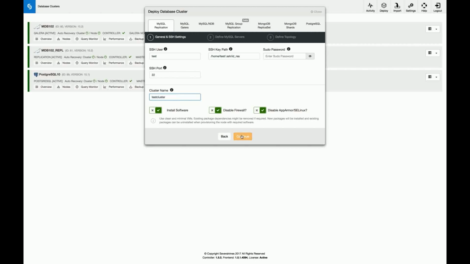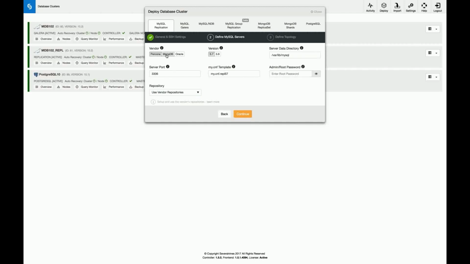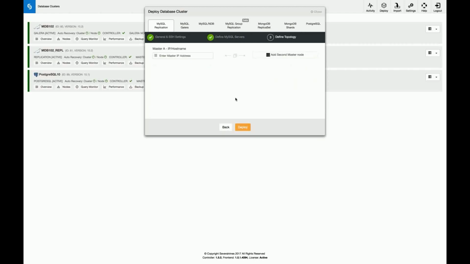I give test cluster. And then you can choose what vendor you want to have. I want to have MariaDB, and I want to have version 10.2. And you give it the administration password, the root user password. Okay, and then you press continue. And in this screen now, you can start building up the replication topology that you would like to have. So I want to have a replication topology with the master on this IP address, and now this